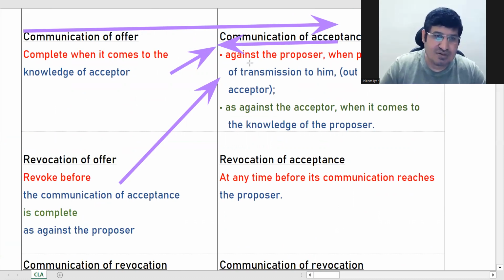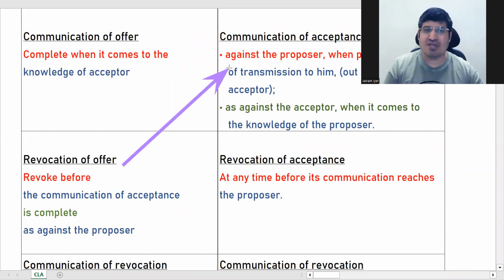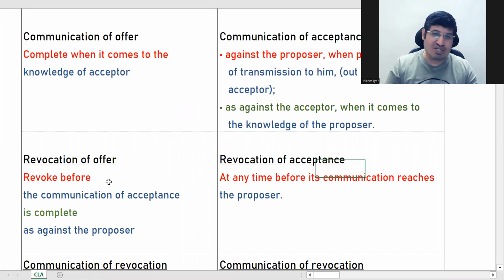ओके, so revoke before communication is complete against the proposer. So basically in short what I am saying is this point, ठीक है, revoke before this point, और इसमें you have to revoke before this point, okay, before the communication reaches the offerer, ठीक है, राइट। तो रेवोकेशन का बहुत इजी है, बस ये एक फर्स्ट पॉइंट है, सेकंड पॉइंट है। अब कम्युनिकेशन ऑफ रेवोकेशन,